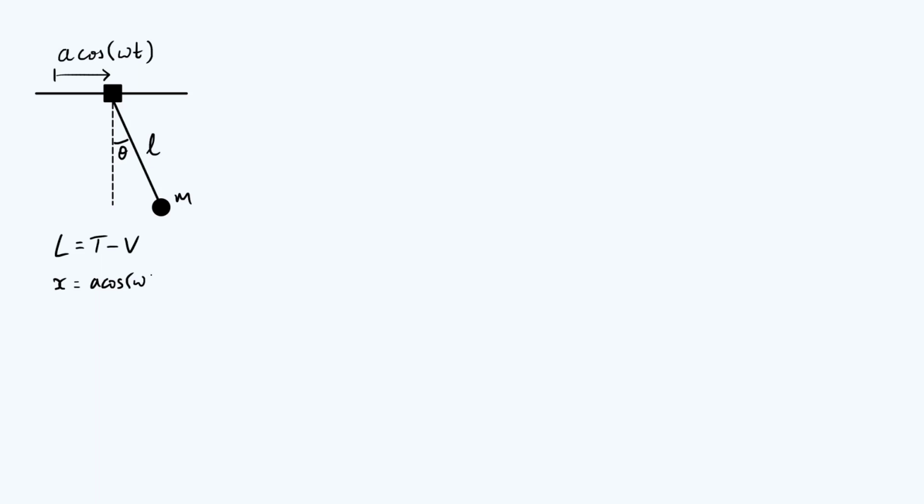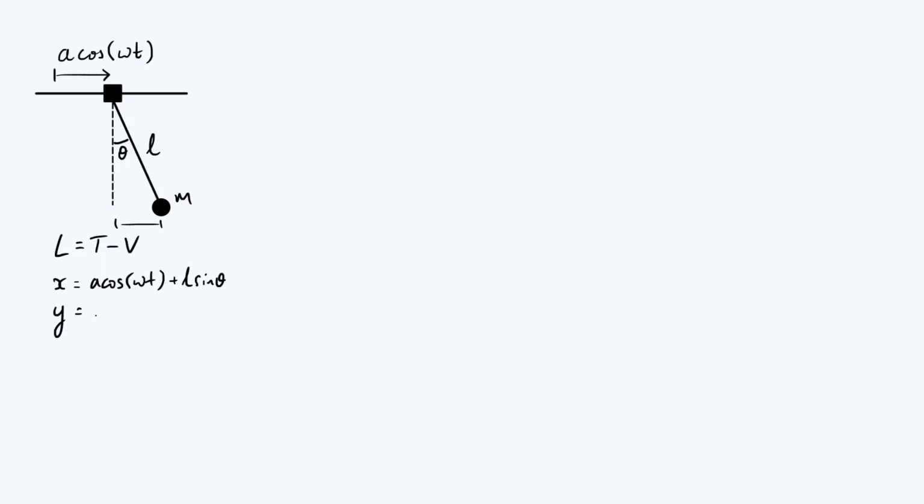So let's just write that down. A cos omega t. You're going to have an additional amount, the line that I've just added to the diagram, using trigonometry, that is L sine theta. So x is A cos omega t plus L sine theta,